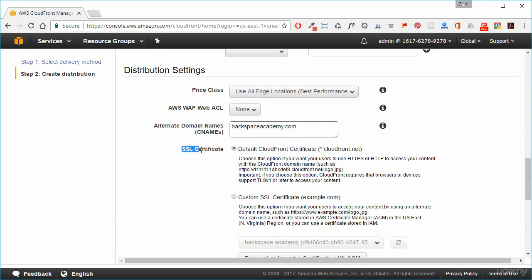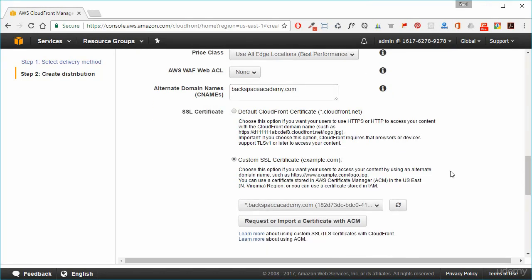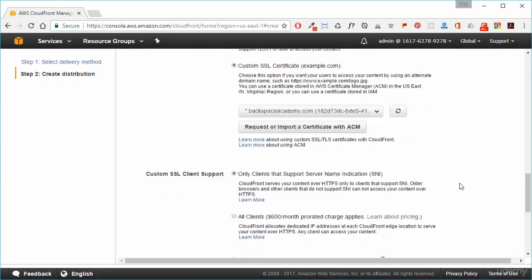And we also want to enable SSL or HTTPS. So we need to have a reference to our SSL certificate. So we're going to get our custom SSL certificate, and we're going to select it from the drop-down list. So there is our backspaceacademy.com certificate that we created in the certificate menu. So we just scroll down a little bit further,